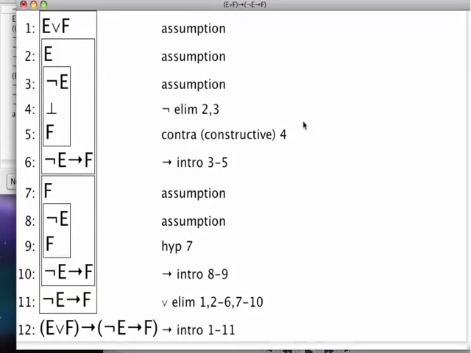So that is one proof. This is 12 lines. I mean, this is a different proof from before. You can see it's structured somewhat differently, but it's essentially the same. At some stage we need to use a constructive contradiction rule. If you want to avoid that, let's do that.